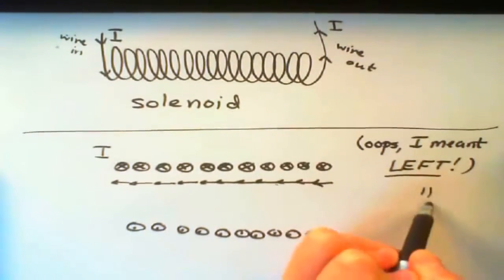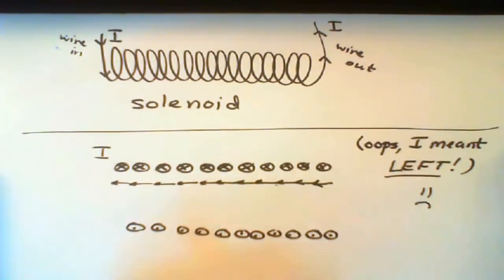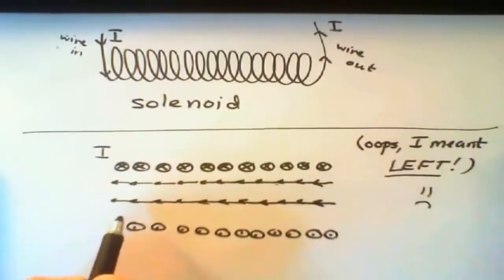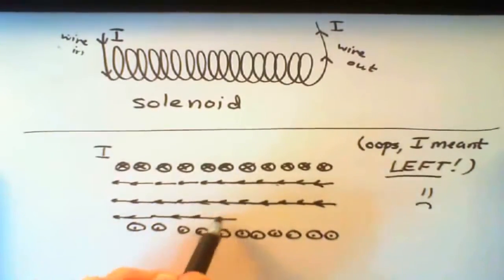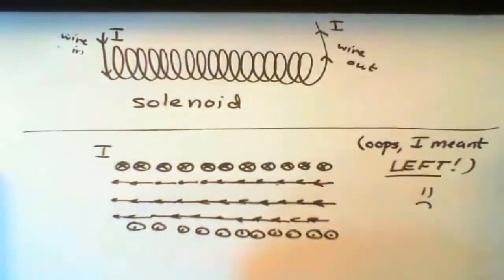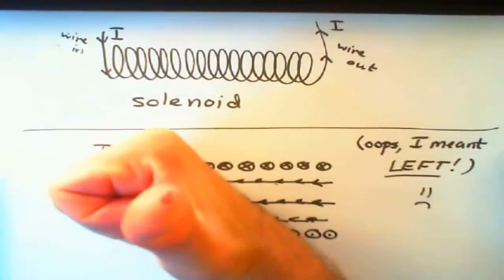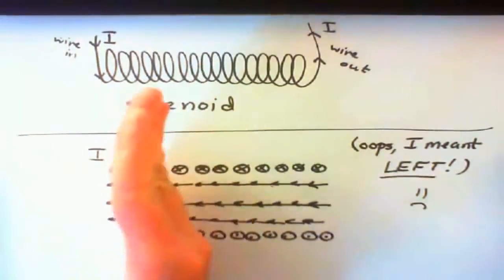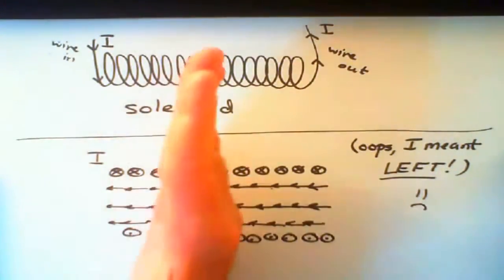Okay, so we got a bunch of magnetic fields pointing to the right, courtesy of the top side. Let's think about the bottom side. So we do the same thing. Point your thumb in the direction of the current. Put your fingers at the location of interest. Start to curl your fingers towards your palm, and that tells you the direction of the magnetic field from that